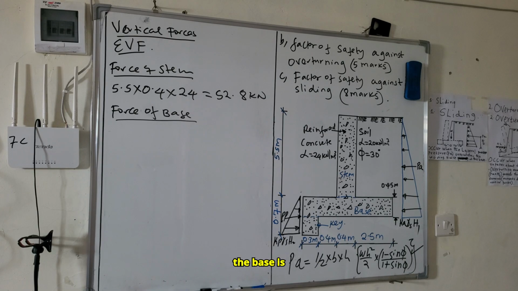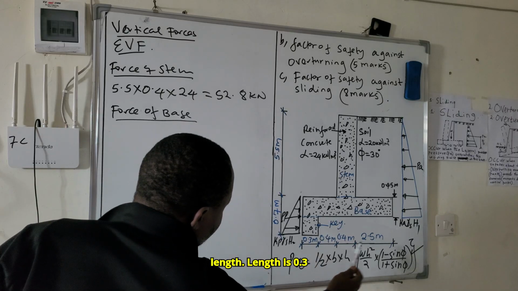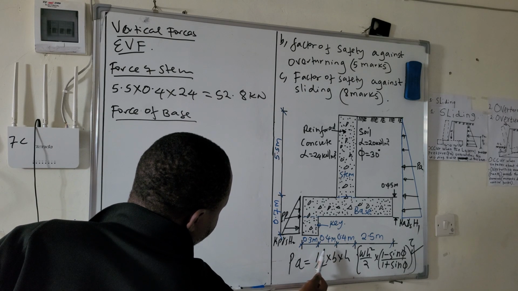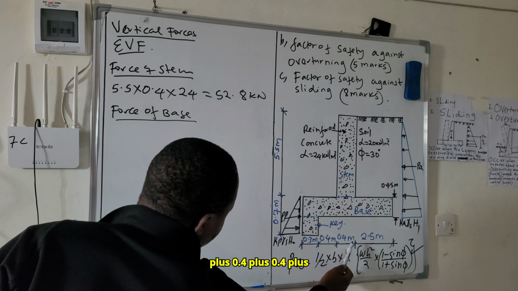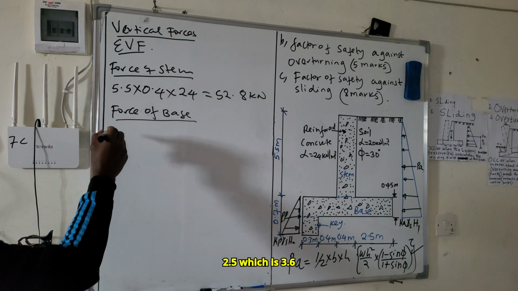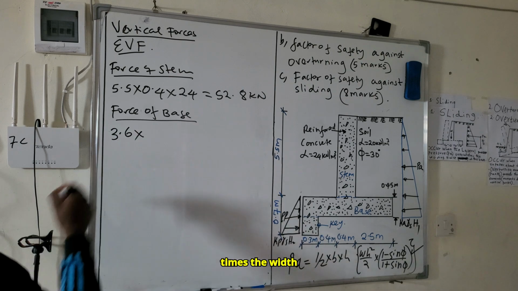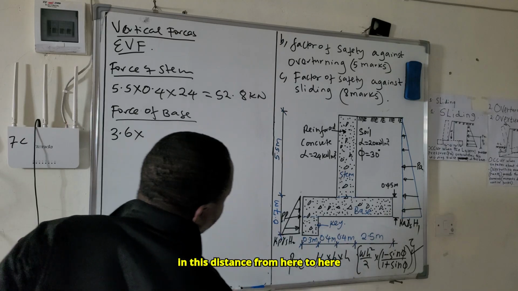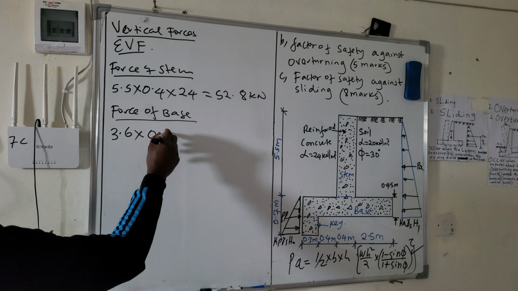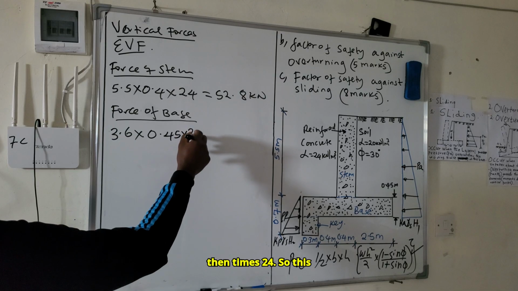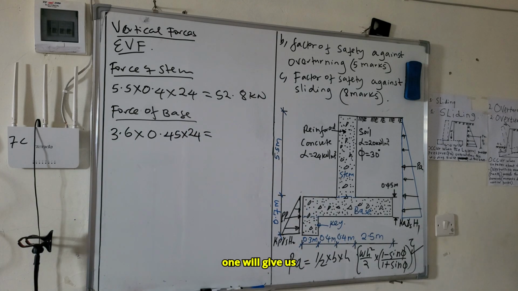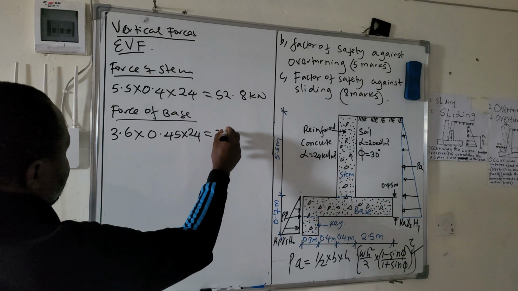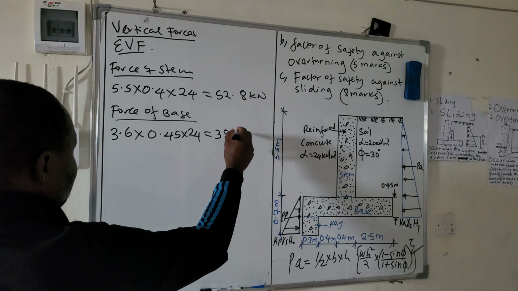So the area of the base is: length is 0.3 plus 0.4 plus 0.4 plus 2.5, which is 3.6, times the width, this distance from here to here, 0.45, then times 24. So this one will give us 38.88